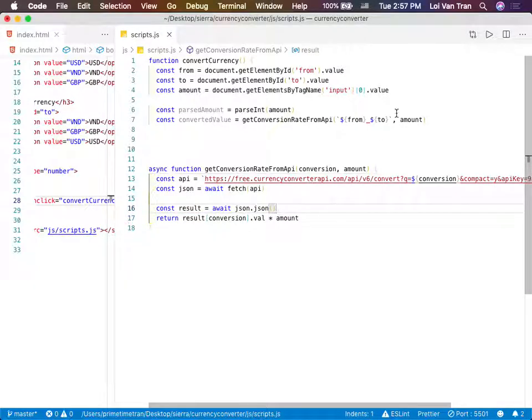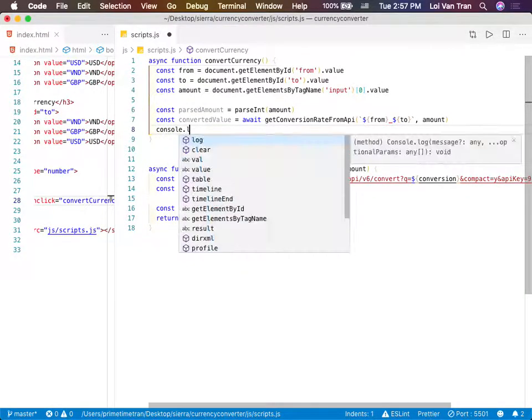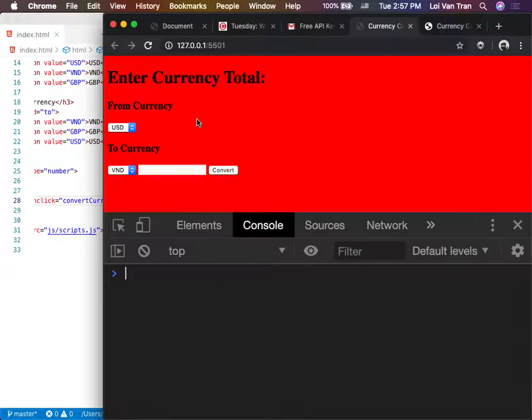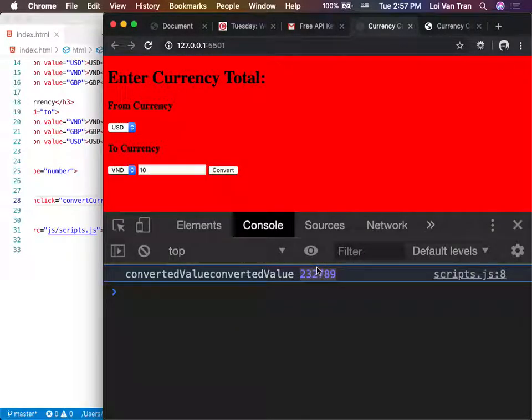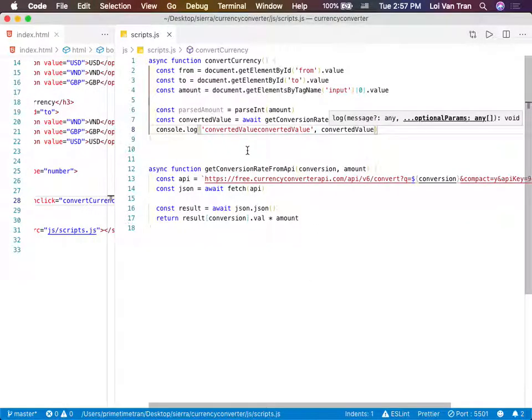Why does it take a second? I think we need to make this asynchronous as well. So we're going to do await and async right here. And now we just look at our converted value. Let's do 10, do convert, and there we go. So we actually needed 2 asynchronous functions. Don't worry guys, we're going to figure out more about asynchronous functions as class goes, I promise you. Because we're going to need to call APIs in the very near future. Okay, so